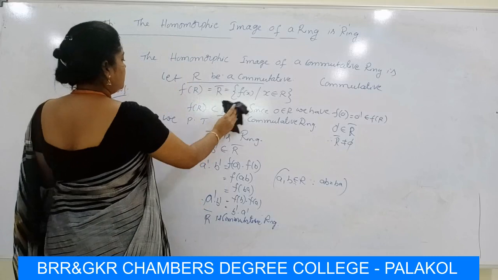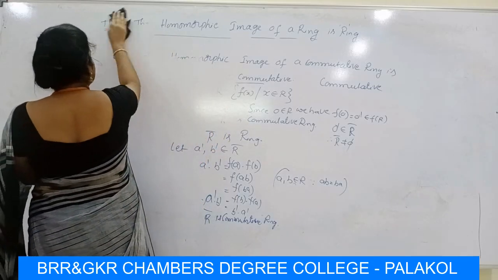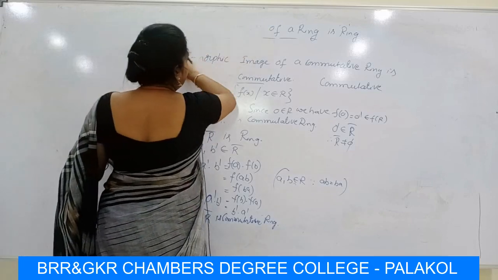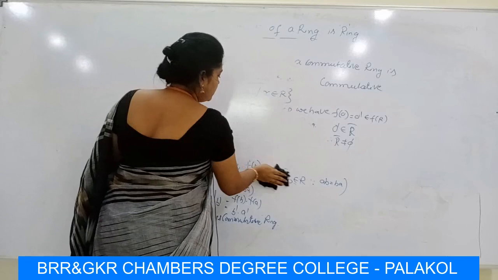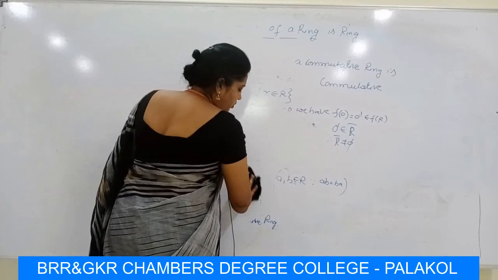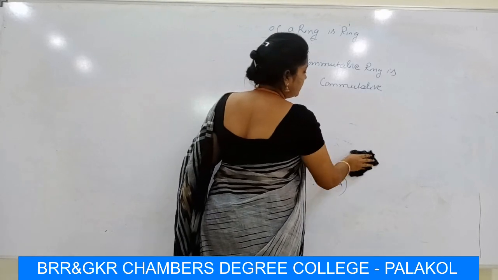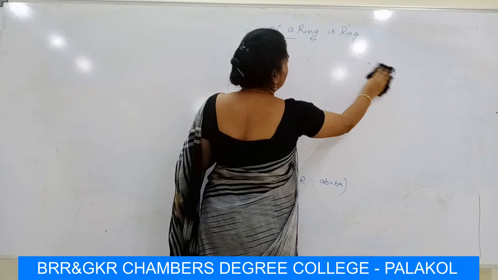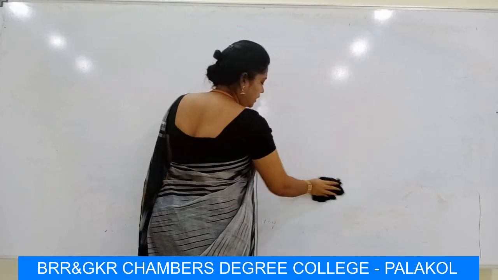Now we see the next theorem. The next theorem has 5 statements, 5 conditions. So you have to prove all these 5. If this theorem is given in examinations, then we will write all the conditions true. But here